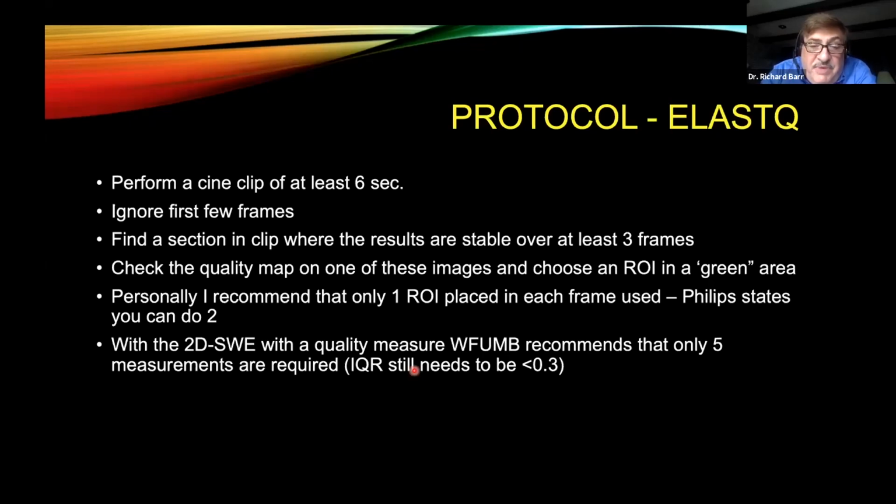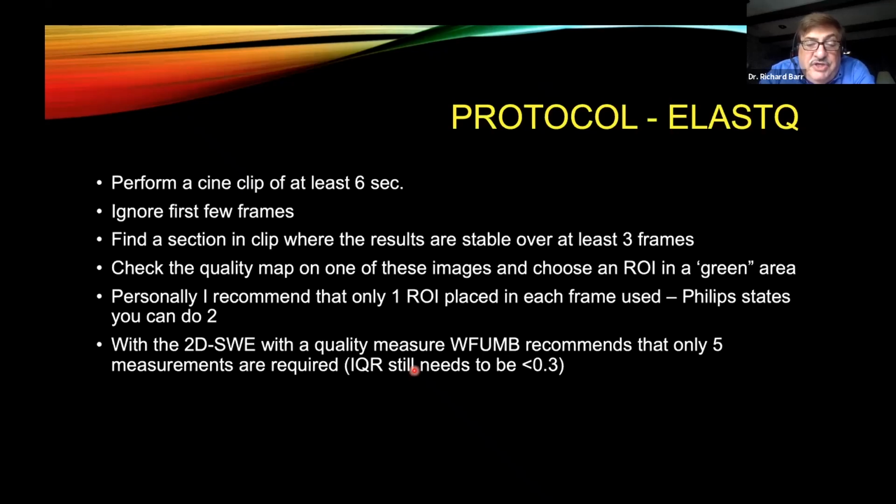If you have a difficult patient that's having a hard time breathing, you may want to extend that, or a pediatric patient, to 30 seconds, because we're going to be able to cine back and look to see where there's an area of no motion. In general, the first few frames will have some artifacts as we need the shear waves to build. So after you have your clip, you can now go through your clip and look to see where the velocity map is stable for at least 3 frames. So that's telling you that you've got very consistent data.